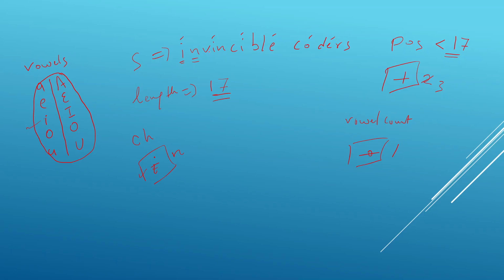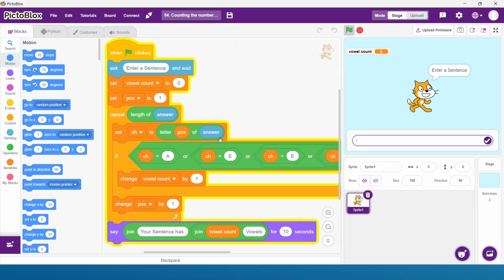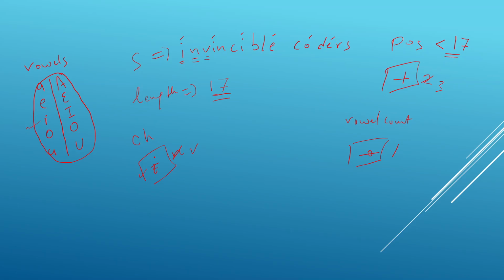So the third variable will be v, so this will be stored in ch now, and we will compare this v with all a e i o u. So we are not getting a match, so again we will not do anything, we will not increase the vowel count here, and we will change the position. So the position value will be 4, and at the fourth position we have again i, so that character will be